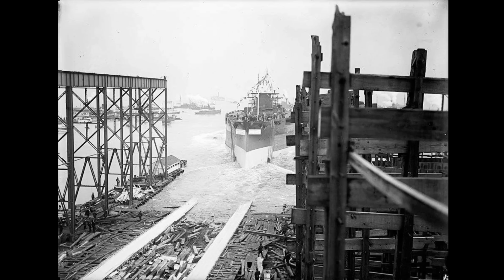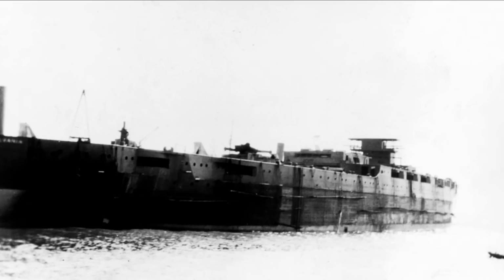Pennsylvania's keel was laid down on October 27, 1913, at the Newport News Shipbuilding and Dry Dock Company in Newport News, Virginia, and she was launched in March of 1915. She had an overall length of 608 feet, a beam of 97 feet, and had a standard displacement of over